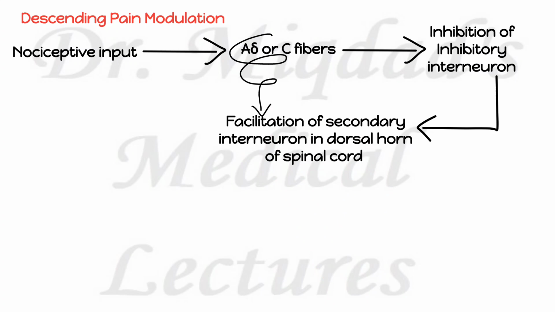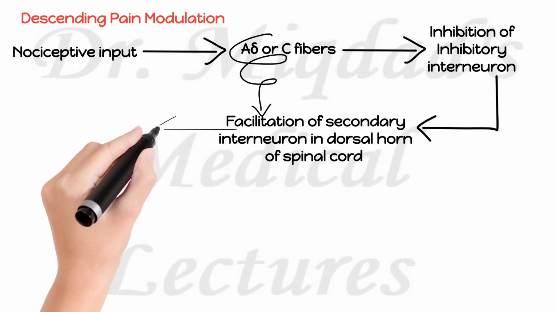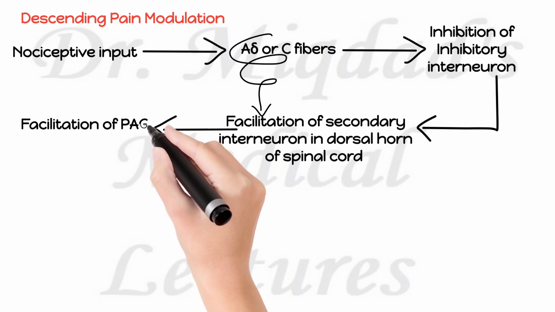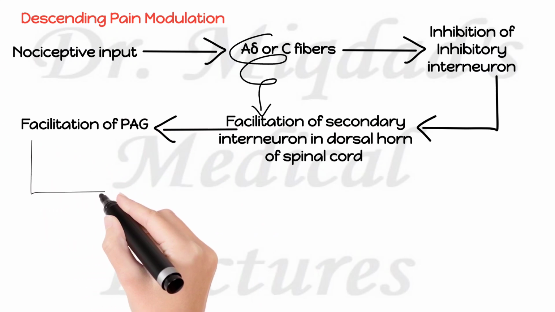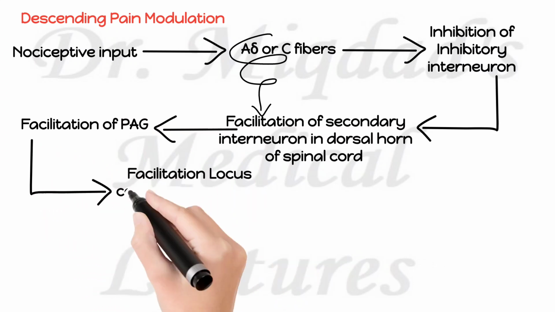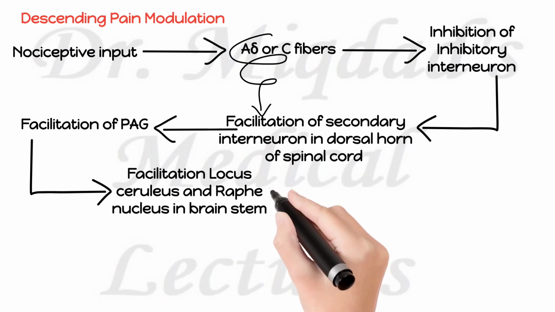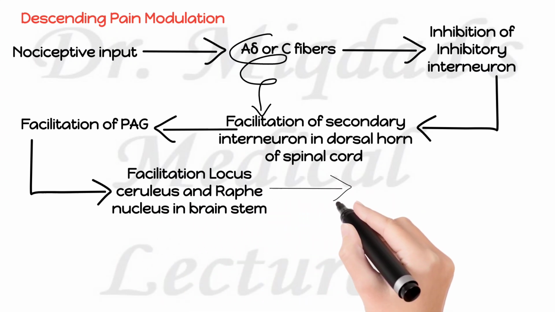Now, while passing upwards, these nociceptive impulses stimulate the periaqueductal grey matter or PAG in the midbrain. The neurons from PAG project their axons to locus ceruleus and nucleus raphe in the brainstem. And when the nuclei of PAG are stimulated, they in turn facilitate these two groups of nuclei, that is locus ceruleus and nucleus raphe. These two nuclei indeed project their axons to the substantia gelatinosa of the spinal cord,